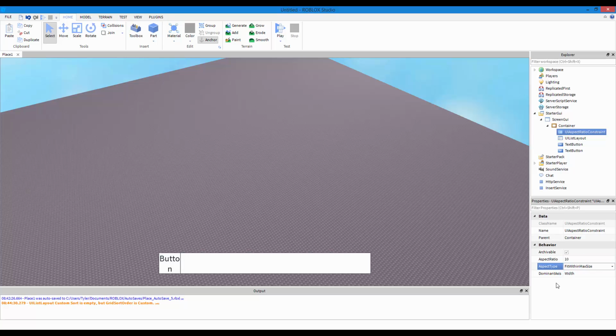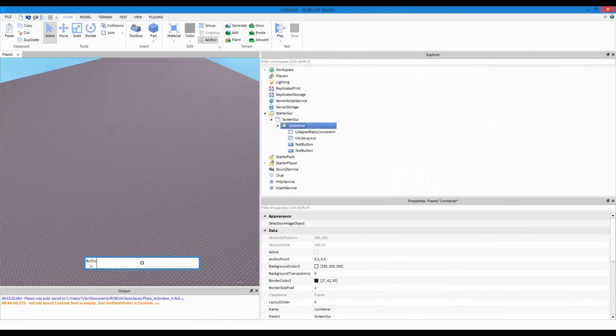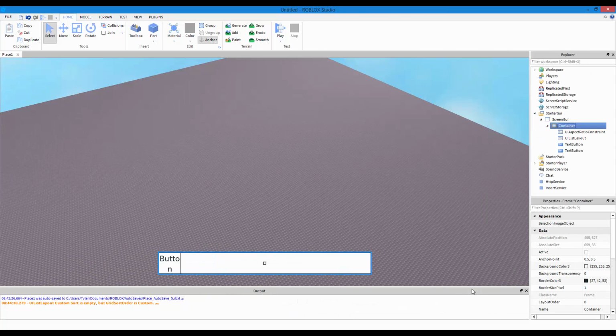Now I don't understand this, but I do see a difference. Aspect type, fill within max size. I don't know what they mean. Max size, made the max the size of the container? No, it wouldn't be that. That would be just the opposite because this is with the container size. So let's just see if we see a difference.